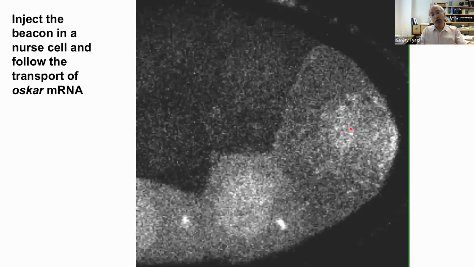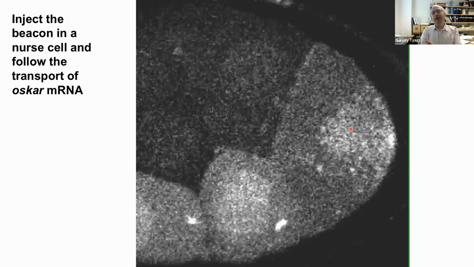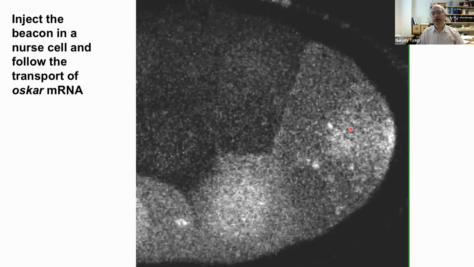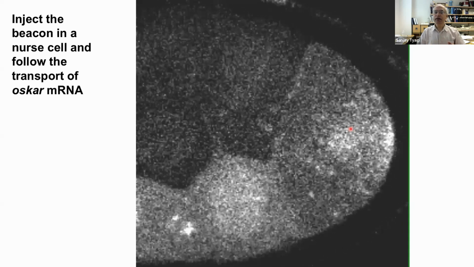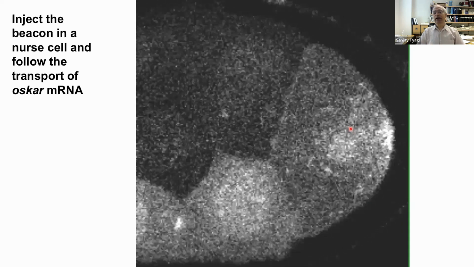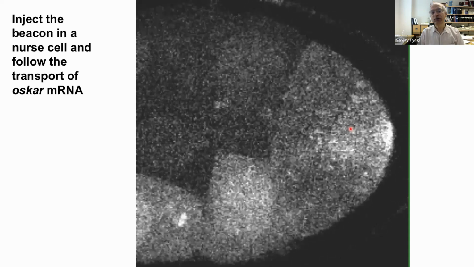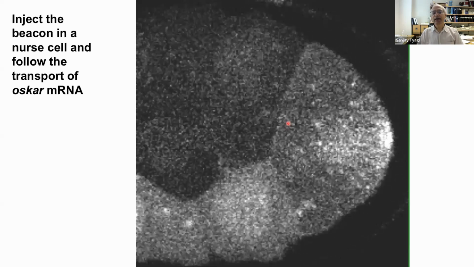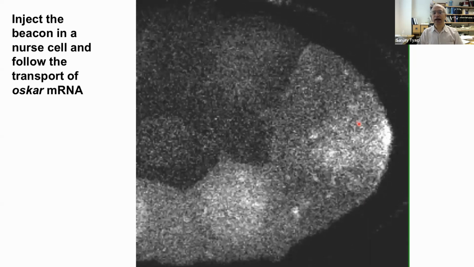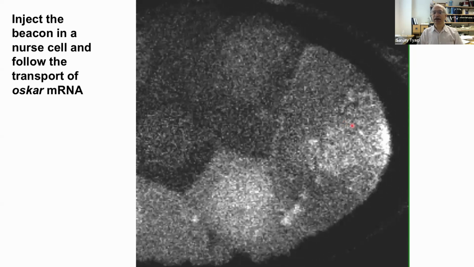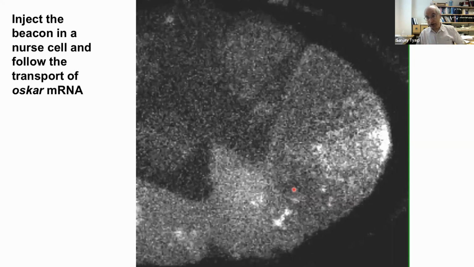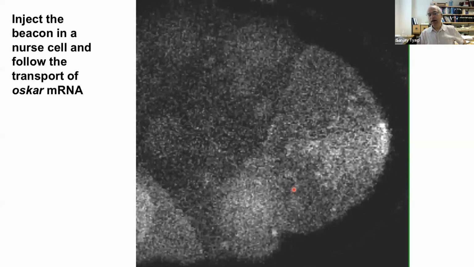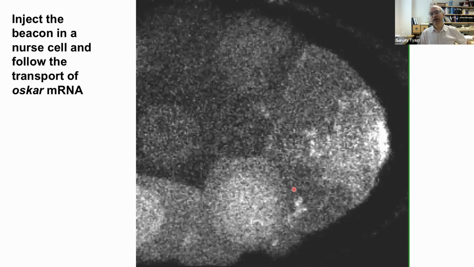So before this experiment, there were theories about how this RNA moves. And the theory that was sort of accepted and turned out to be true is that there are these microtubule networks that are laid in this oocyte, starting from here, ending to the tip. And the Oscar RNA travels using a kinesin motor on these microtubules. You can see